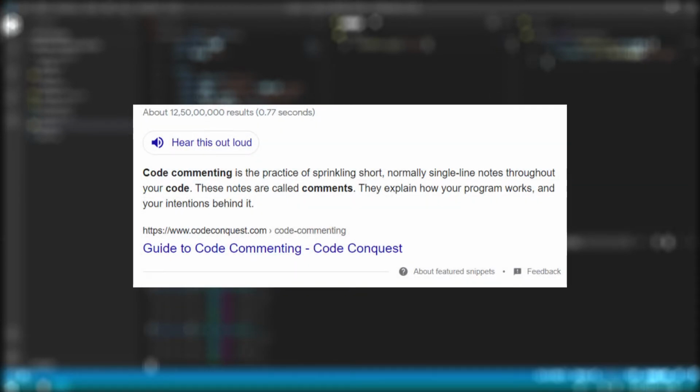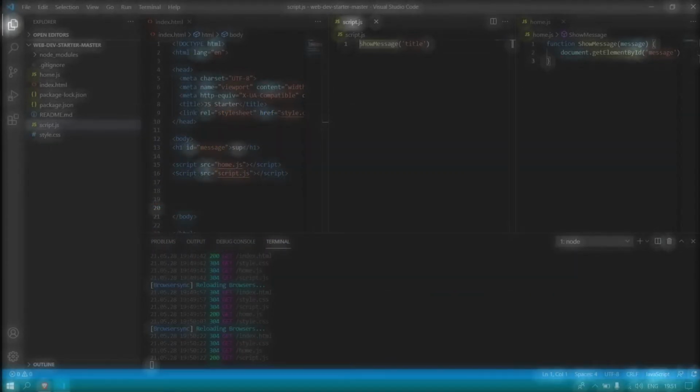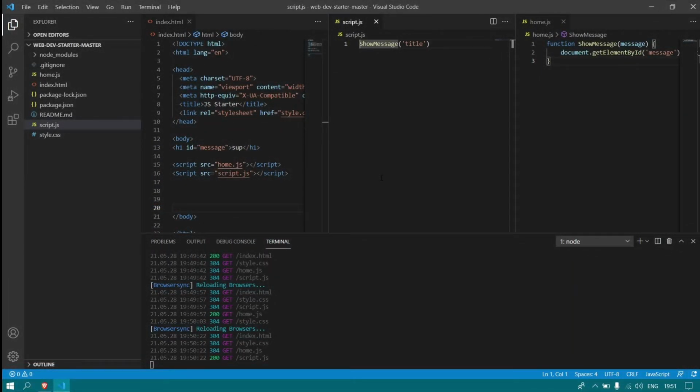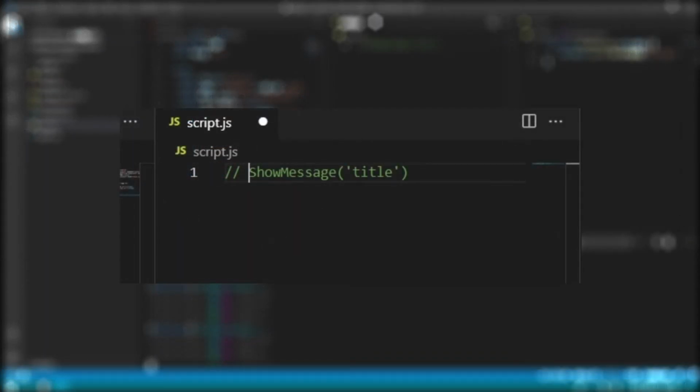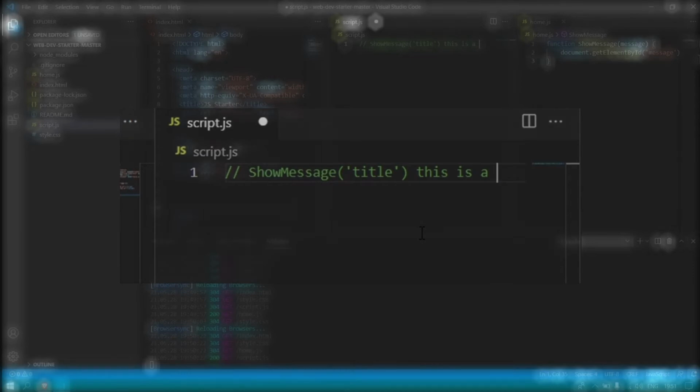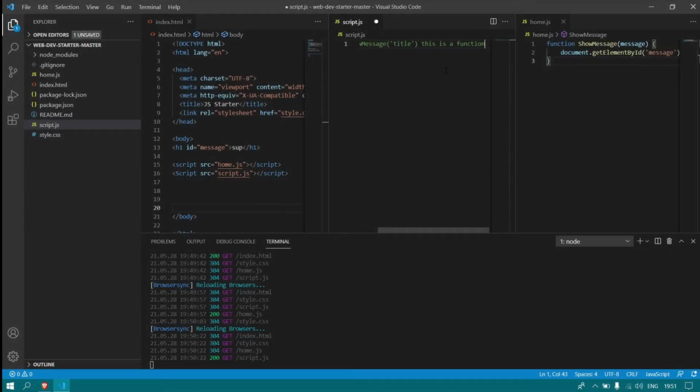This will be really useful if you work with multiple programmers in one project and to keep everything organized and labeled. To comment out a single line of code, you'd use two forward slashes and your line of code will turn into a different color. Now, whatever is identified in green has been commented out and will no longer affect your code, and you could type in anything you want here. The common use case is to mark it as an incomplete spot or an area of concern in your code, and you could ask your team member to inspect it while not affecting the rest of the project.